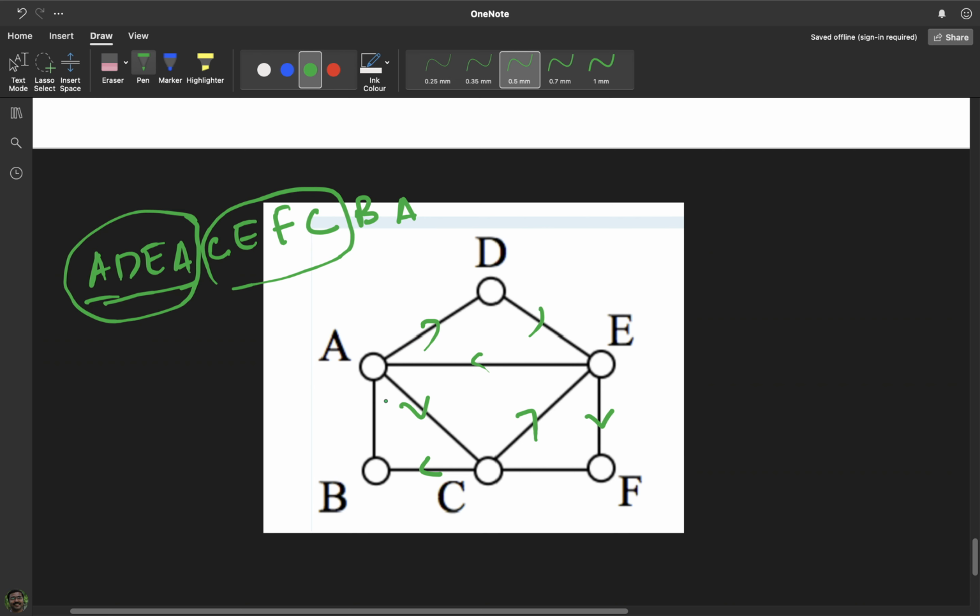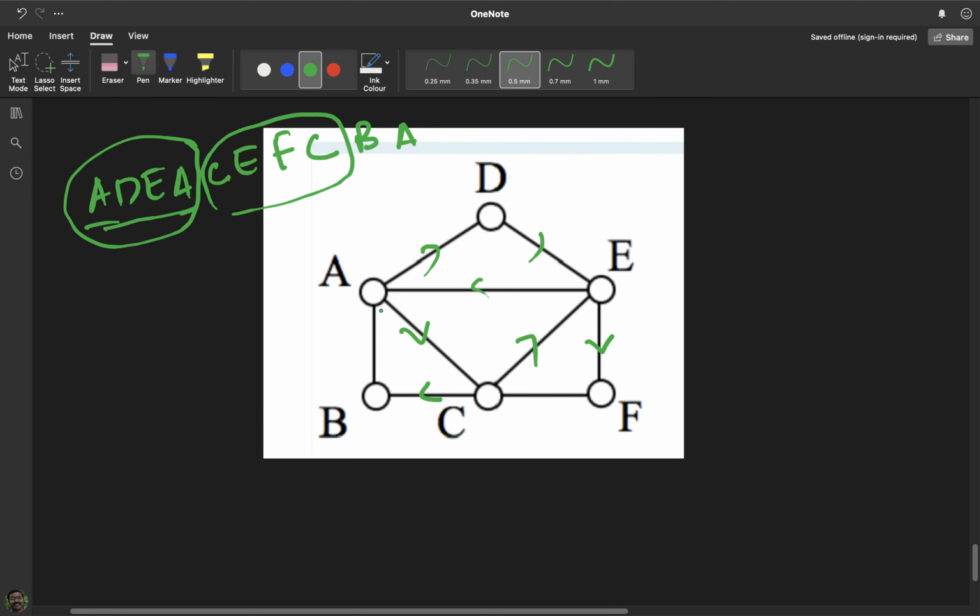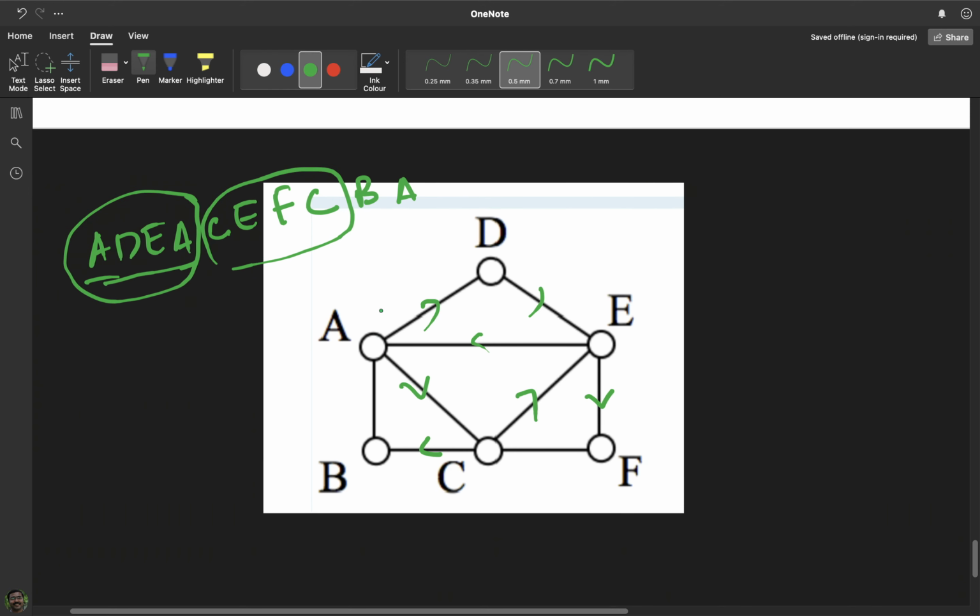So basically this is A, okay, A, B, A, okay, A, C, B, okay. So let me look at this. This is how you write the graph here. When you remove this repeated portion from the graph, that is ADEA, and replace it with the repeated vertex, we will be left with a circuit here.